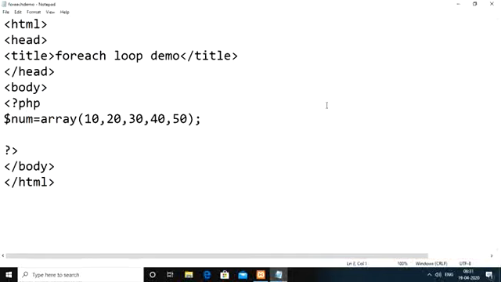Okay, so generally how we can write is: we need to take one loop control variable, index, and begin from 0, going until the length of the array. We repeatedly execute the statements and display the array element at the specified index.